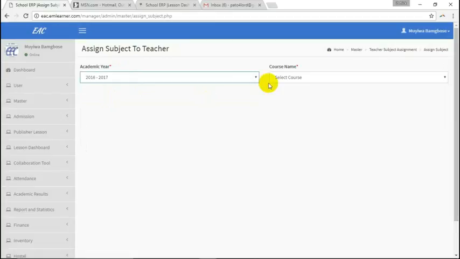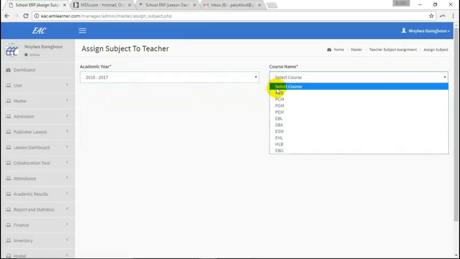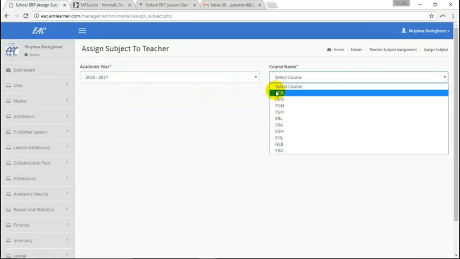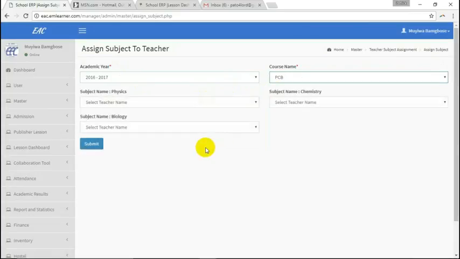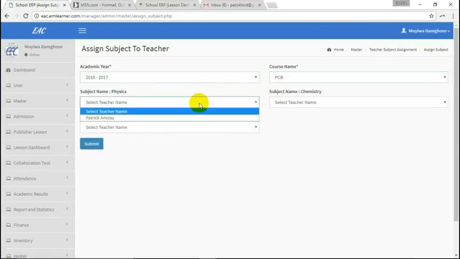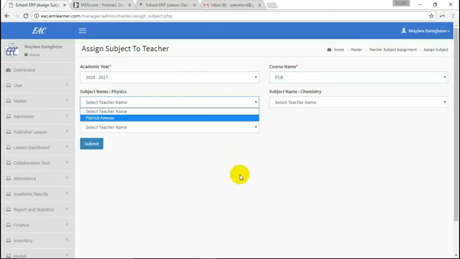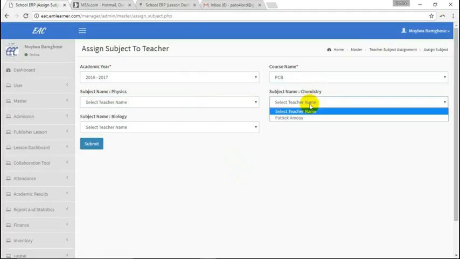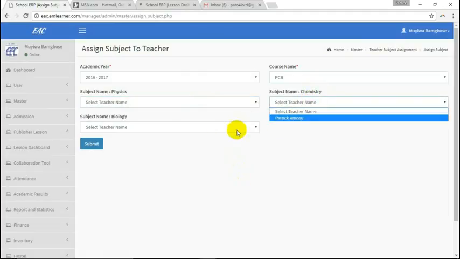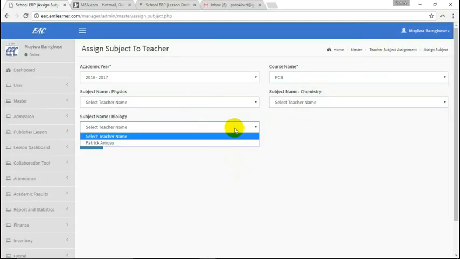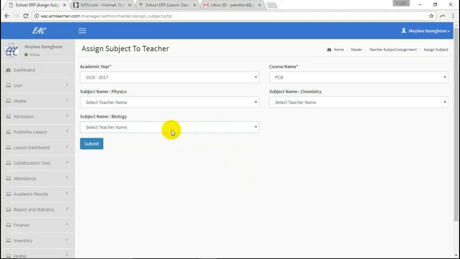The current one. And then what class was that student assigned to? PCB. Okay, you can see here that the teacher is here. Only one teacher. And so this teacher is also here. Why is it so? That's the only teacher we have. Okay, so he is teaching what?